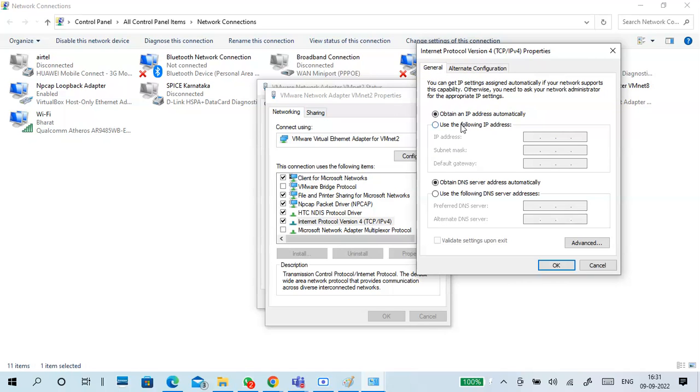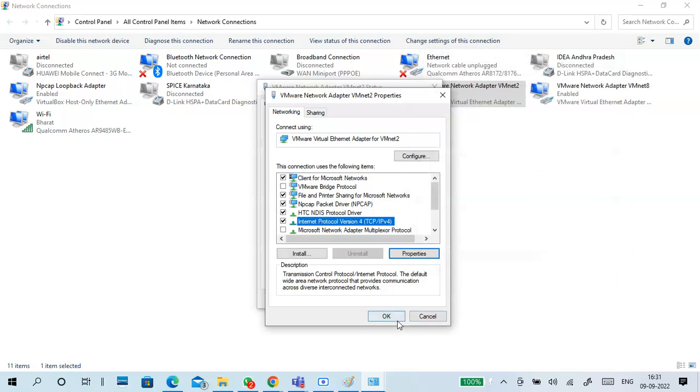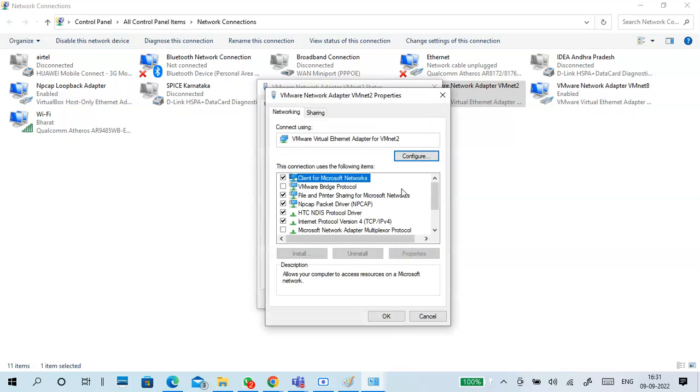Again, see this: when I select the second option, this tab is gone, because it is a fixed IP address. If you fail to get an IP address from DHCP, it configures an APIPA address. If you got an APIPA, it means it is an error.